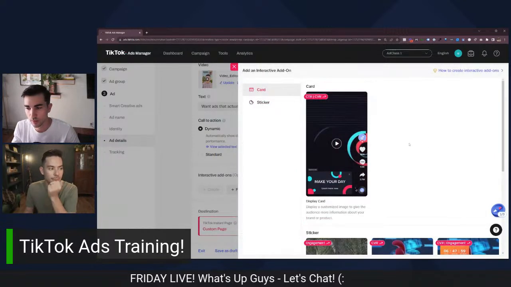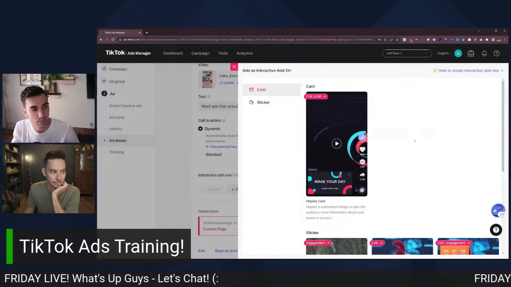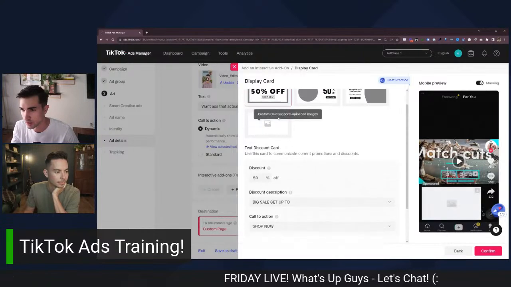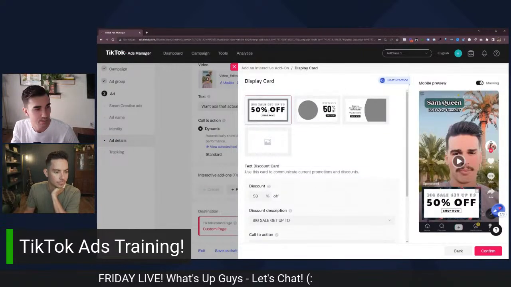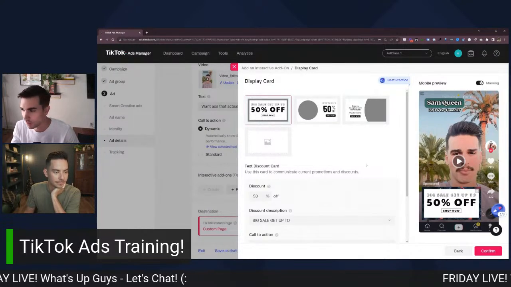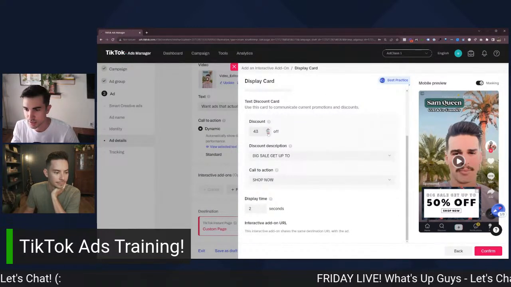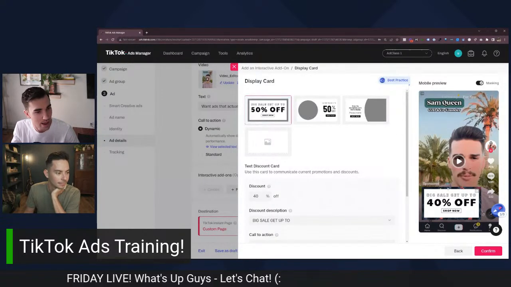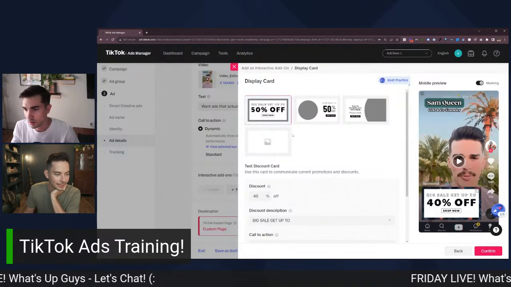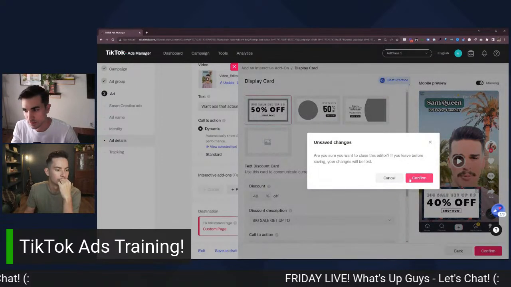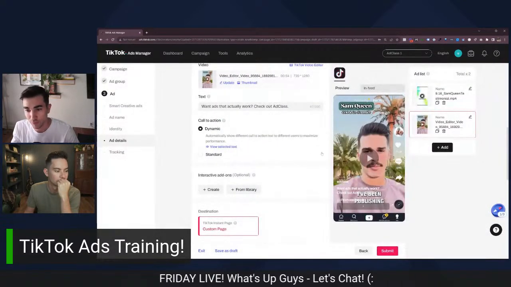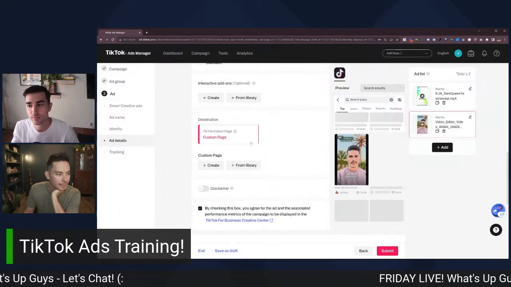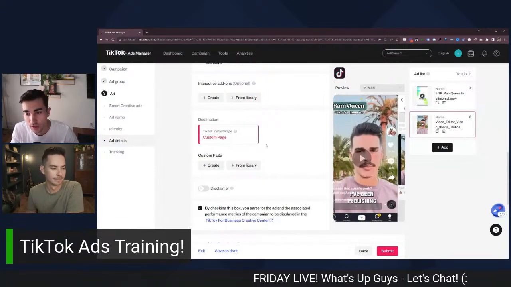Yeah, they know that the best thing they can do is make the ad experience something that people actually enjoy, right? I don't even know what this one is. This is a display card. So here you've got, big sale, get up to 50% off. I can literally put that at the bottom of our thing, right? And I can adjust the discount percentage, adjust the CTA, all of this, and this overlays onto my ad. Obviously there's a lot to say about the fact that it's a new platform, but the fact that they're already thinking of features like this and how to make ads work in a way that other platforms aren't is really, really cool, really inspiring.